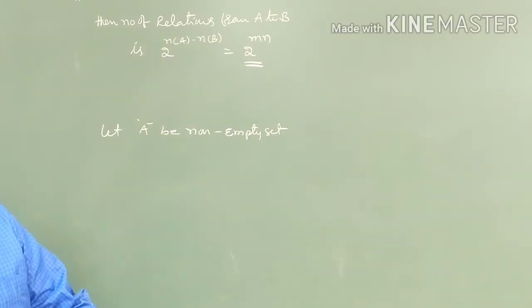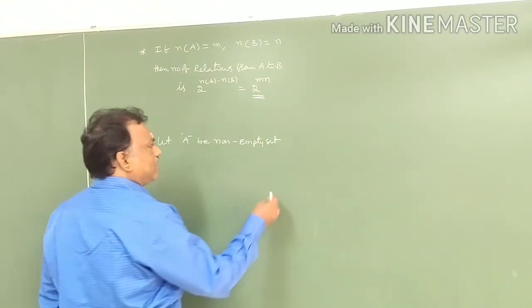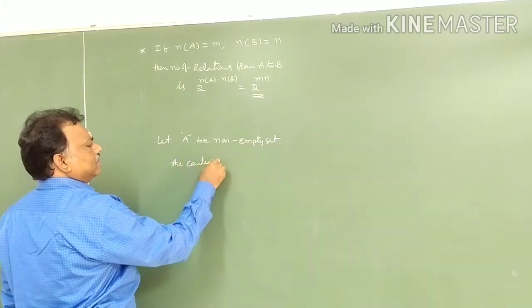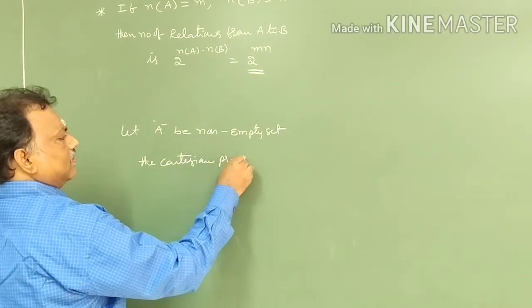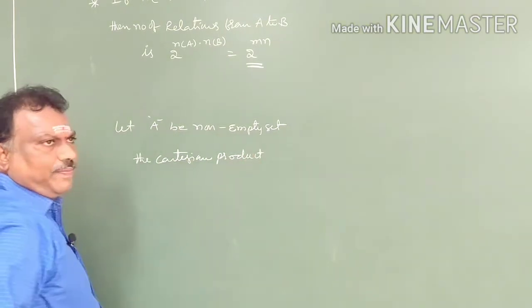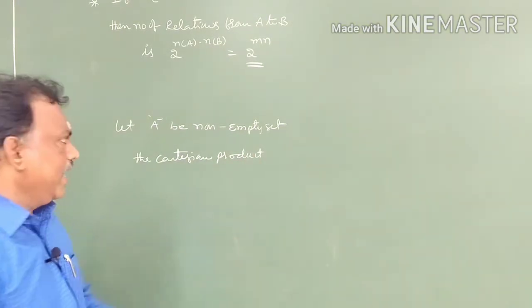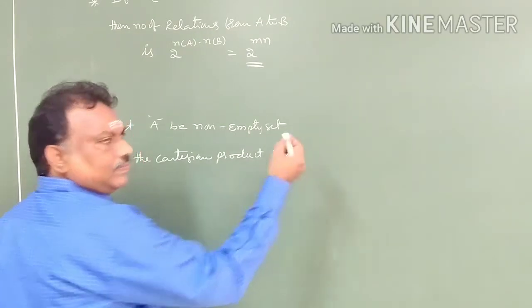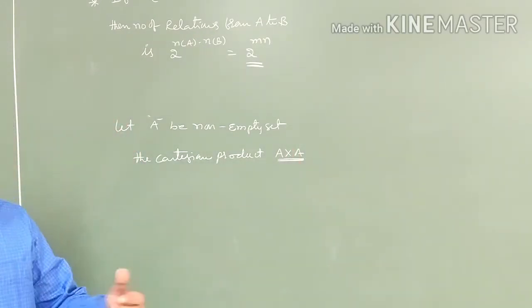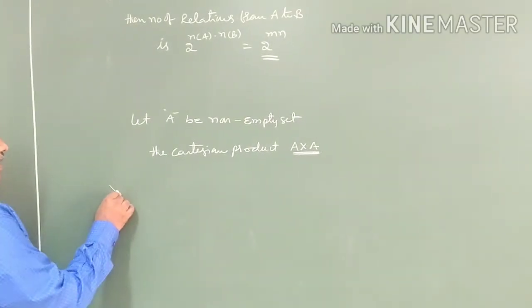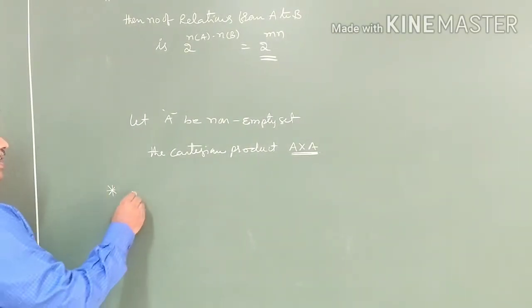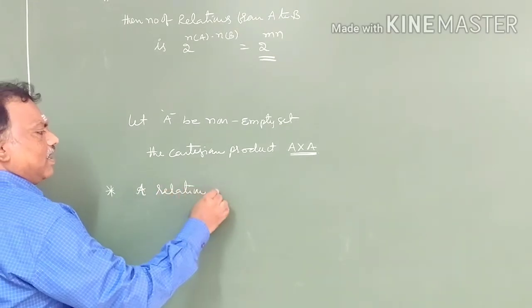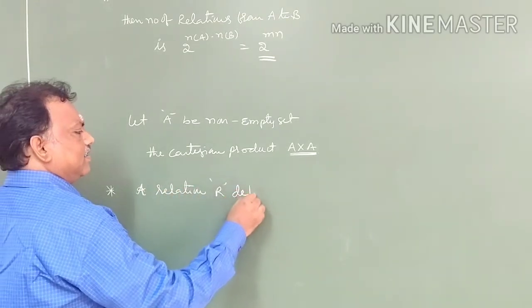The Cartesian product from A to A is called the Cartesian product. That means the possible elements from A to A is nothing but A cross A. Now we can define the relation based on the second PU. A relation R is defined as